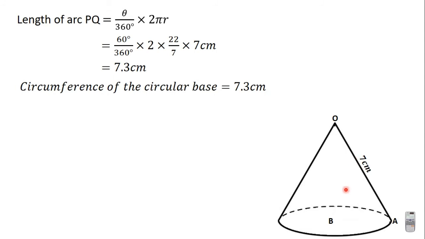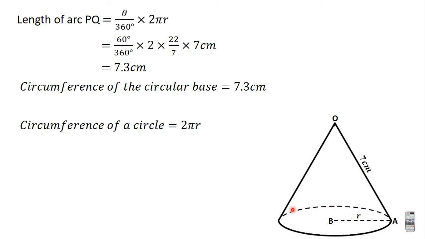Now let's concentrate on the cone. Let's call the center of the circular base B and a point on the circumference A. If we draw a line from the center to a point on the circumference, it's going to be the radius of the circle. Now we are focusing on the circular base. So the radius of the circular base here is r. In the video on circles, we learned that the circumference of a circle is equal to 2 pi r, where r is the radius of the circle.